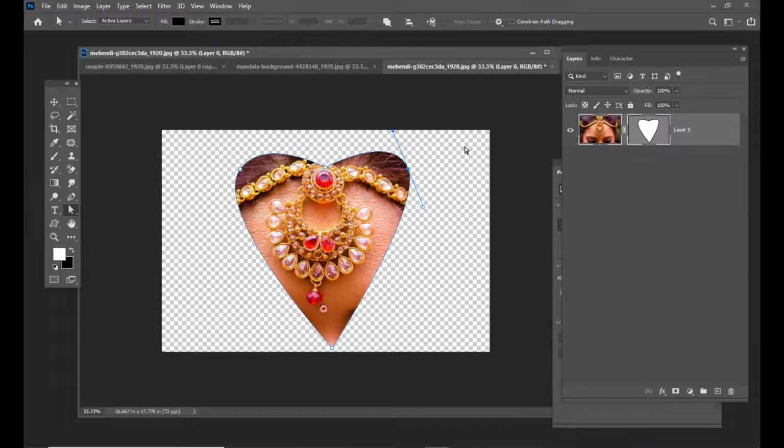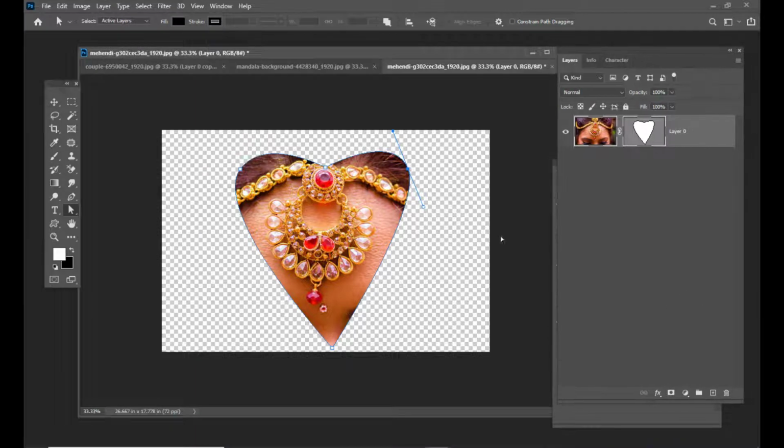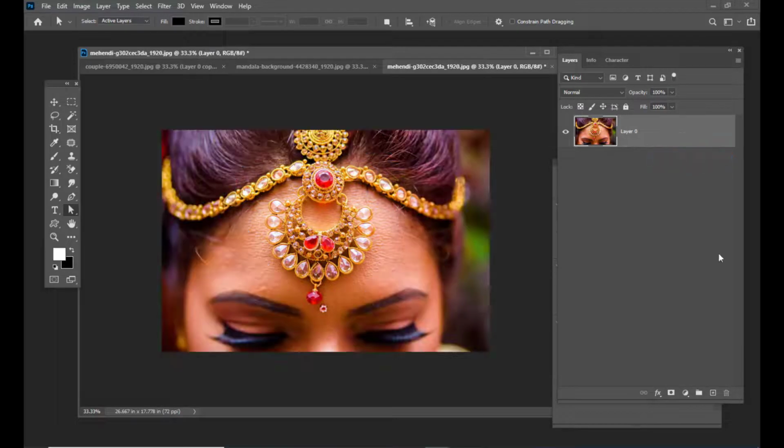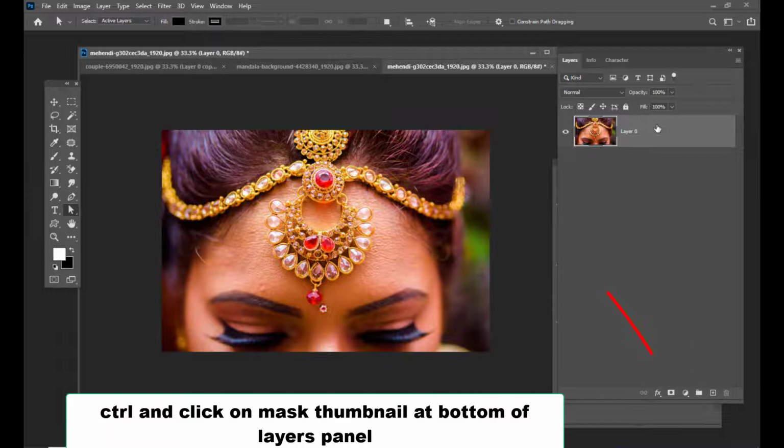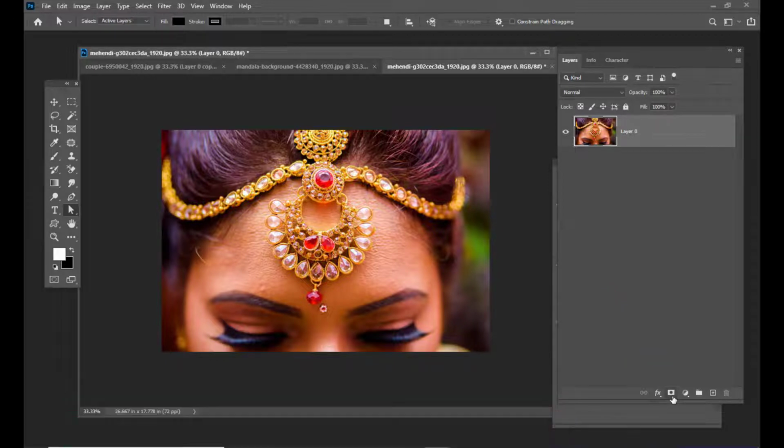What else we can do is, in case we want to apply the vector mask not from the layer menu but from the layers panel, there is something we can do. I will just delete the vector mask. I will apply the vector mask by holding Ctrl. Simply hold Ctrl and click on this mask thumbnail at the bottom of the layers panel. So now we have applied a vector mask, and we will select the pen tool, and we will just create